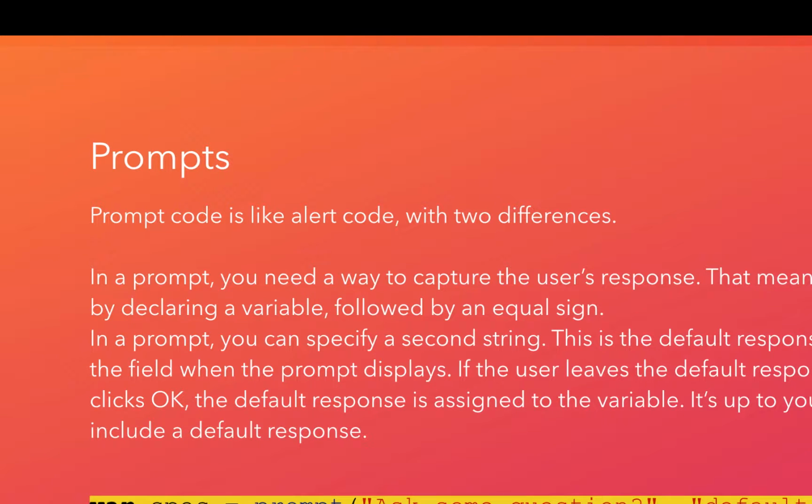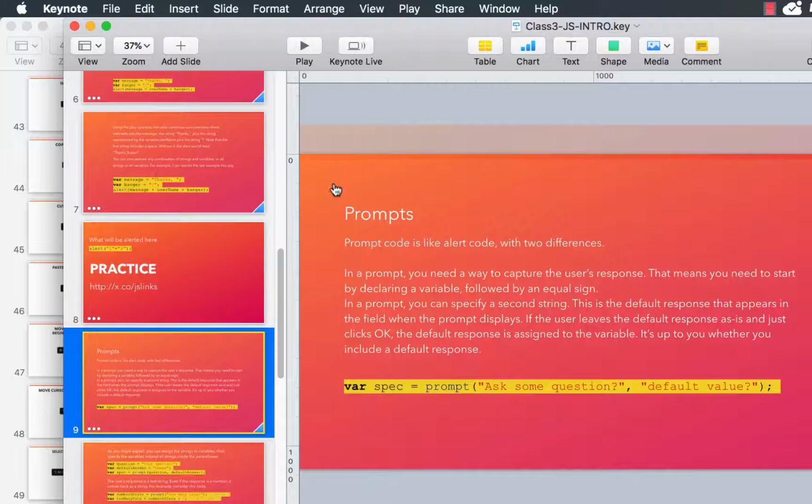So this is all we have to do. We create a variable, then we'll store, what do you think we're going to store in this variable? Yeah, I think it's actually always a string value that comes back from the prompt. So then we call our prompt just like we would with an alert. We pass a string, that's the question, and I think in very rare situations we pass this default value. So for simplicity's sake,